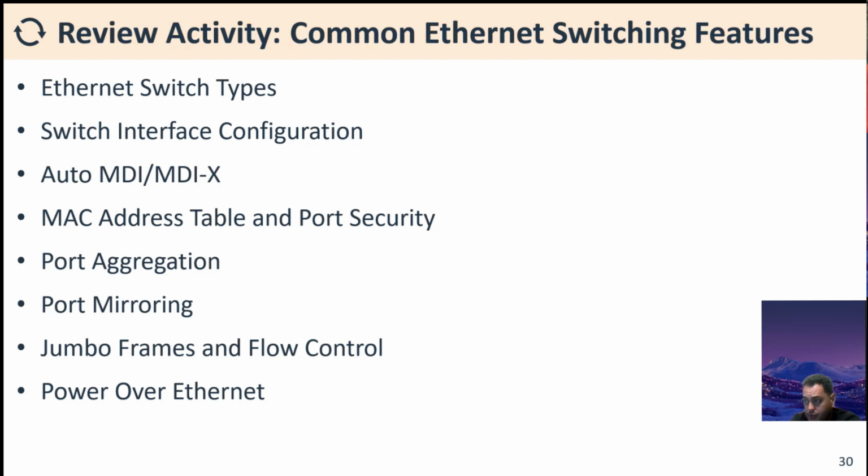A technician configures a switch port with a list of approved MAC addresses. What type of feature has been enabled? So the MAC address table would be the list where you get all those addresses of each device, how they're assigned for their IP. But that would be port security. Anything that denies or allows traffic into the switch would be port security, and especially when you're getting into MAC